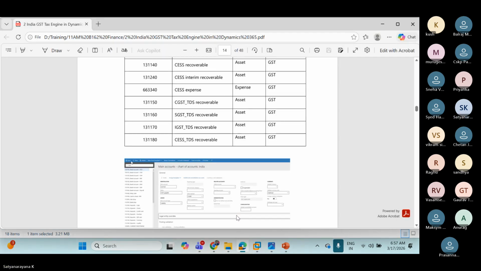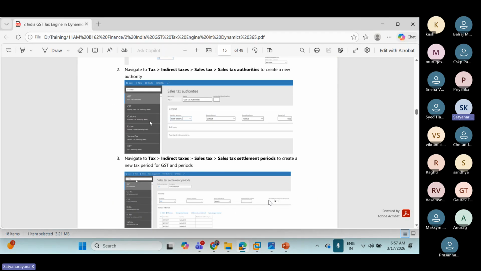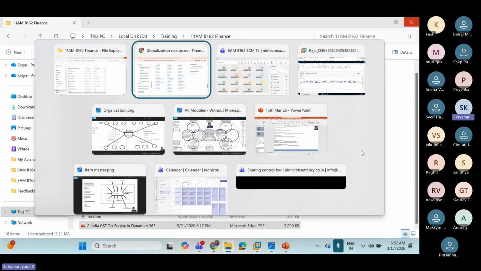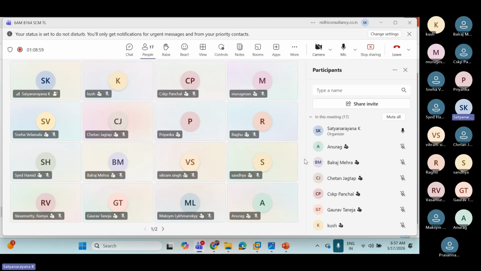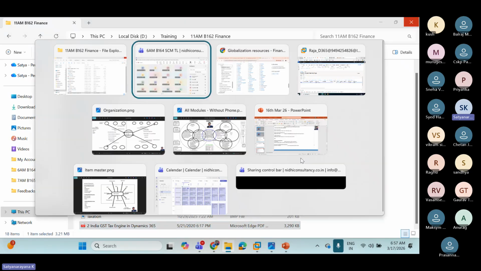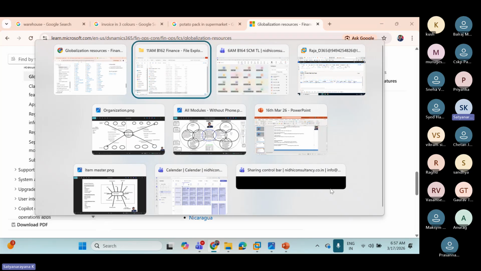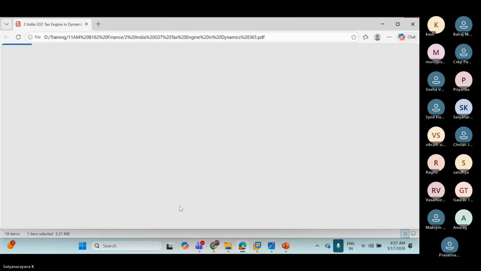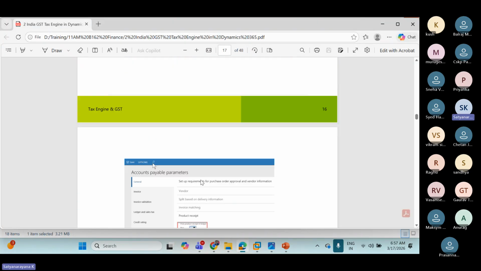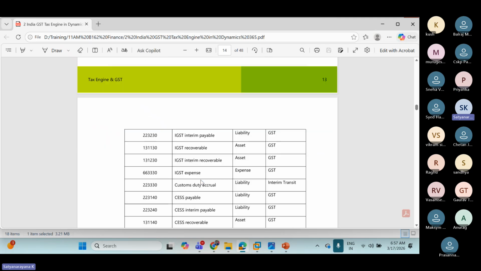Localizations are a part of finance. In finance, I'm going to cover standard taxation across the globe and explain how it works, but localizations I cannot cover. You can see this document and easily understand localizations. Microsoft has given it clearly.